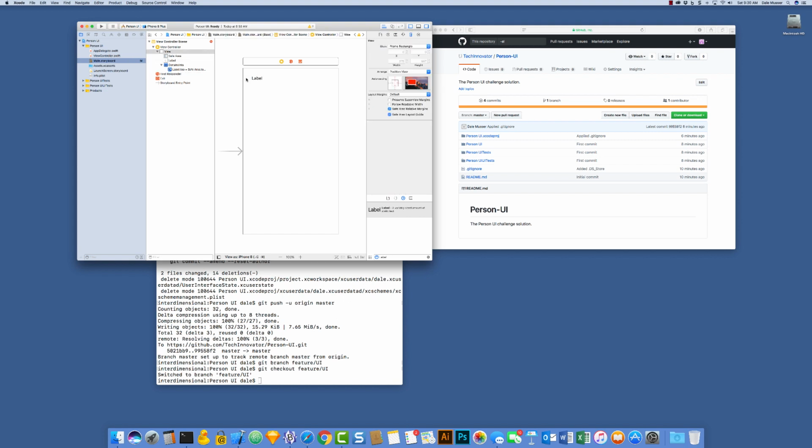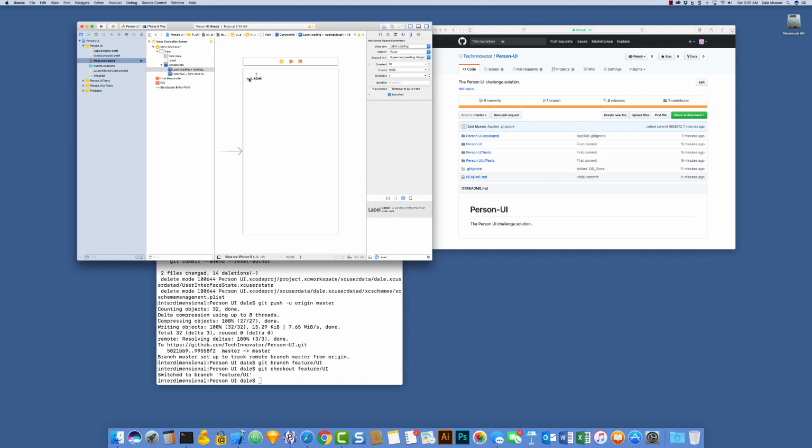I'm going to select and delete it. And then, didn't mean to drag that, control click drag over, and I hold the option key down and say leading space to container margin. You can see how that line only goes over a little bit, and there's this additional space between the label and its distance over, which is the margin. So it's control click drag, hold the option key down, and then select that you want it relative to the